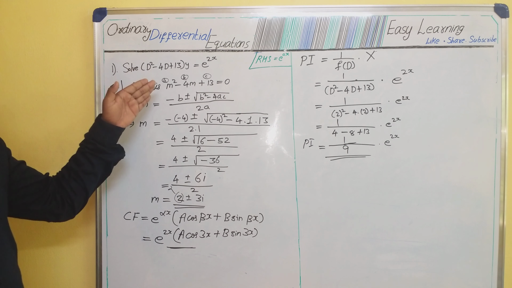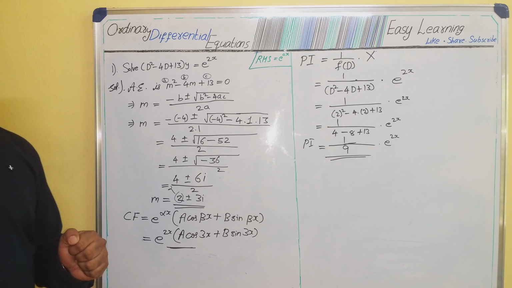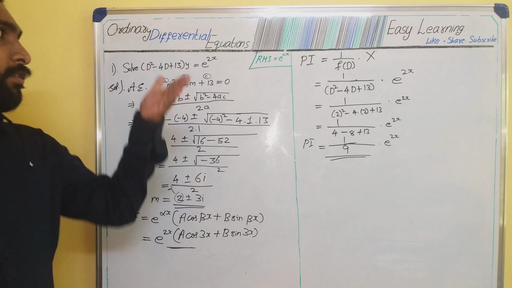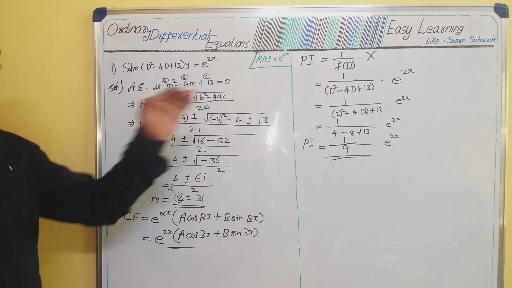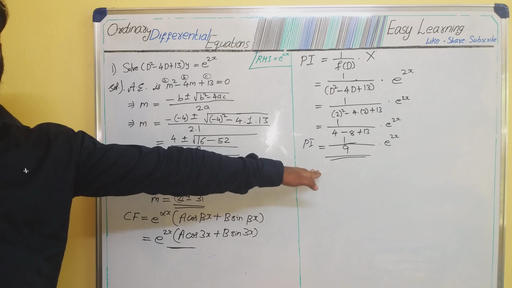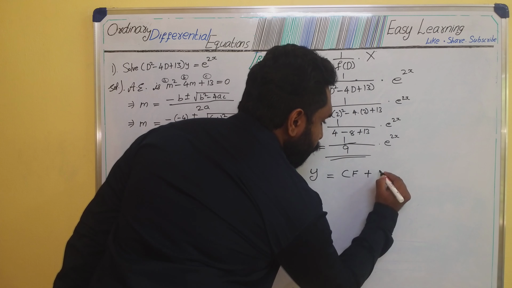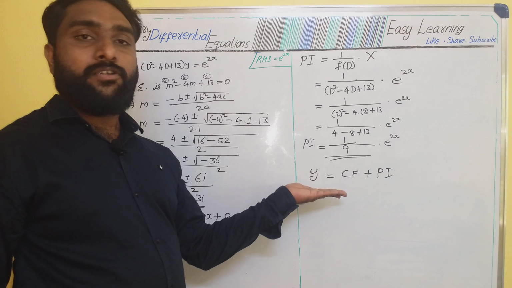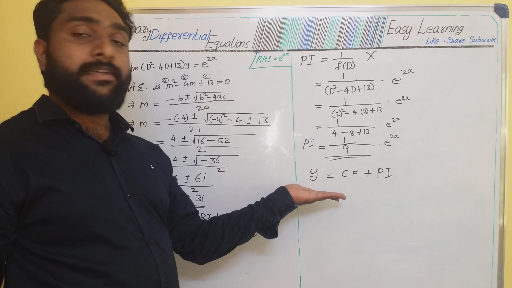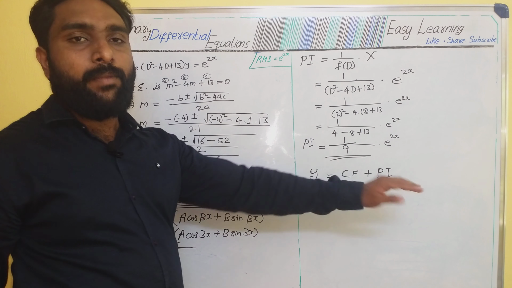So now we have found the complementary function as well as the particular integral. And to find the complete solution of this problem, y equal to, we have to take the summation of the complementary function and the particular integral, which gives the complete solution of this problem. So the complete solution y equal to complementary function CF plus particular integral PI. I am just writing the short forms. Complete solution we represent by using the letter y. For complementary function we use CF and for particular integral PI.